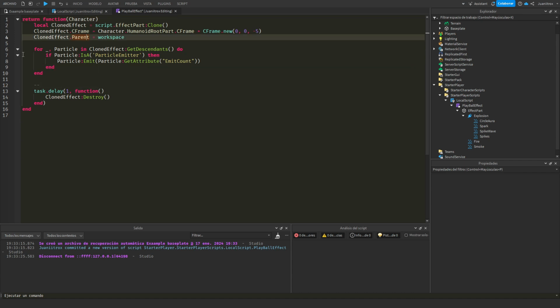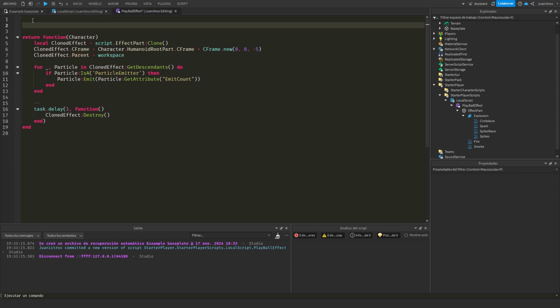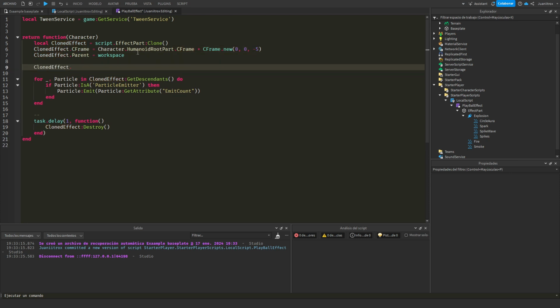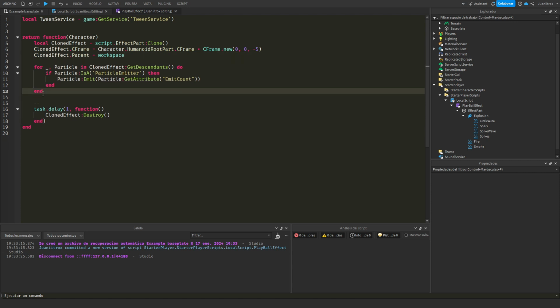Okay, but this thing, it's still mid. I don't want this. So let's animate it, right? Let's call TweenService, another service. This TweenService lets us make an animation of properties of a part changing. Meaning that if we want to animate the clone effect dot size like this, and maybe let's say we make the size 5, 5, 5 like this, but we don't want this to be instant,